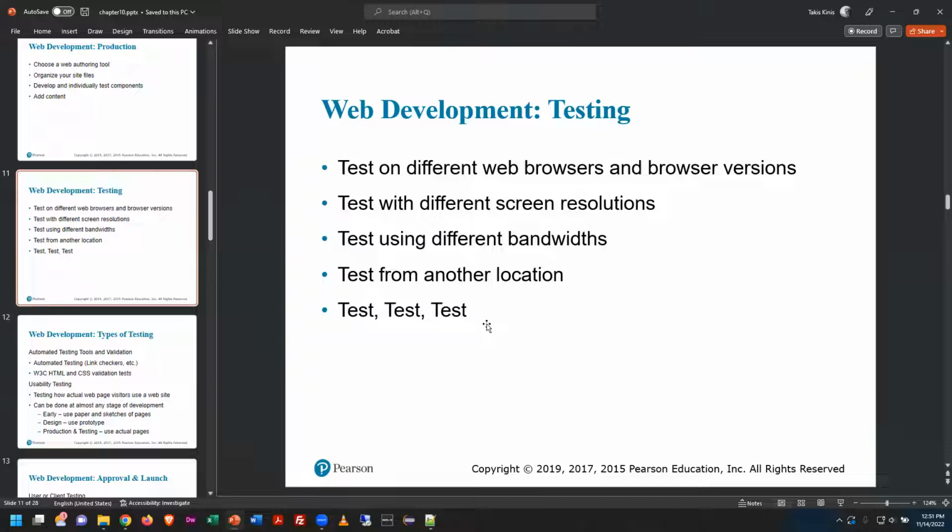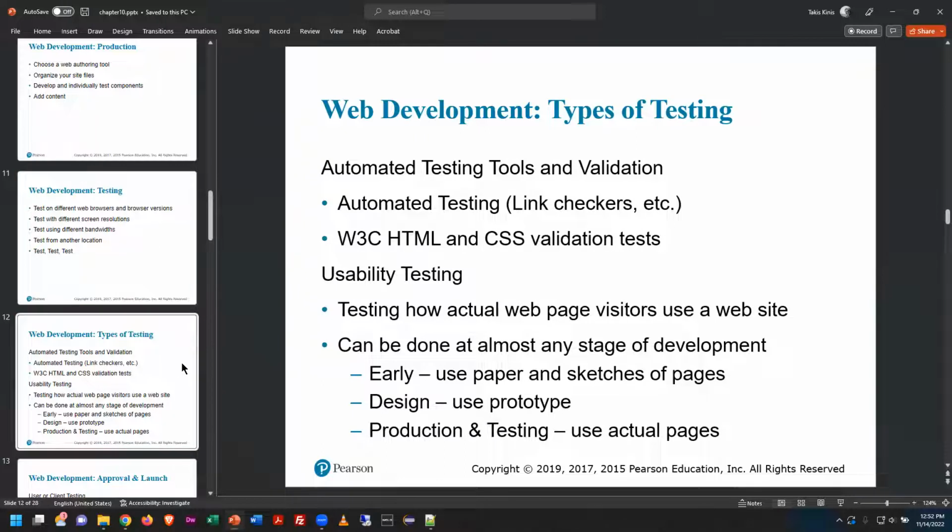They're not going to like it, and they go, this web designer's terrible. It's worse than the last guy. And that's not what you want. So you avoid those problems by doing a lot of testing,